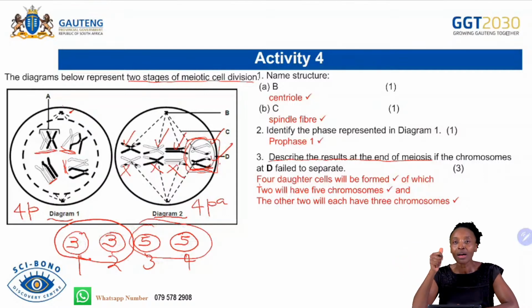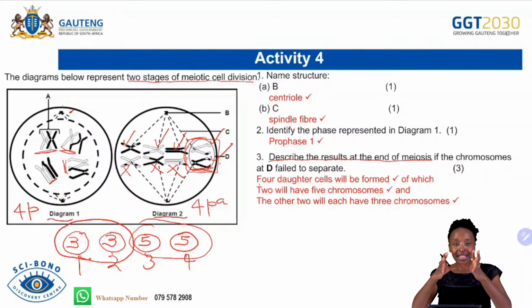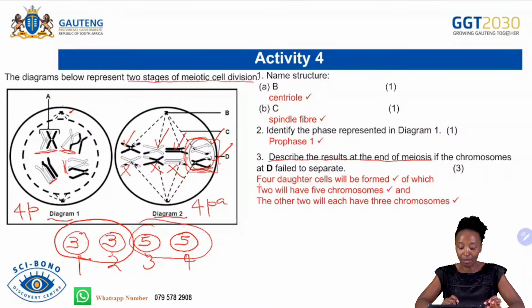It is, remember, failure to separate, and then the 4 cells that are formed at the end might have an extra or might have one less. That is very important. Unless the statement clearly says this is a human cell or a sperm cell of a human, or you are given the number of chromosomes, which is 23 or whatever, then you know that there's Down syndrome. Here, we're not told about the number. So our answer cannot talk about 23. We cannot now say at the end of meiosis there will be 4 cells, 1 will have 23 and 1 will have 22, because we're not told about 23 and 23. Our answer is based on what we